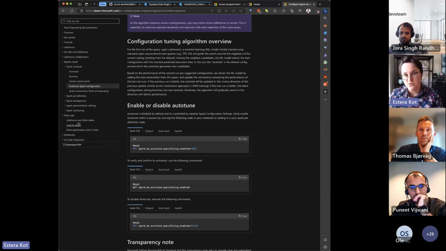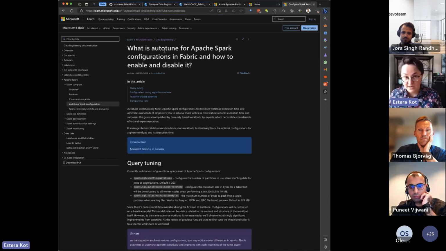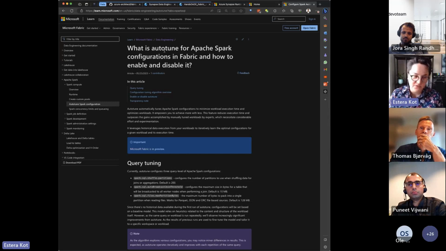The difference is that in AutoTune, it's up to every query and every user. For the Delta optimization, it's just optimized global properties. I have it on my roadmap that AutoTune one day will also optimize Spark Delta properties, but at that point, it's just on the roadmap. Link to the AutoTune, yes, it's sharing.